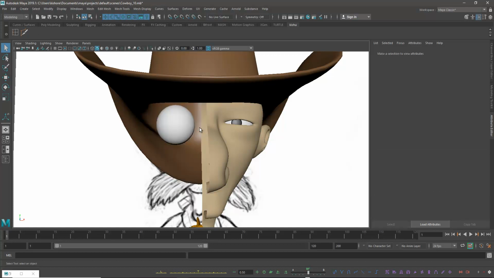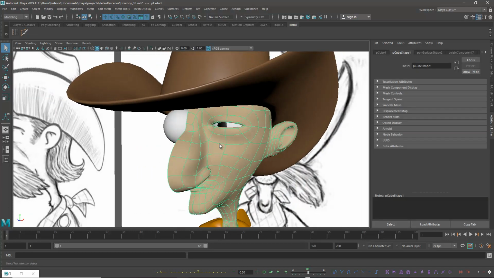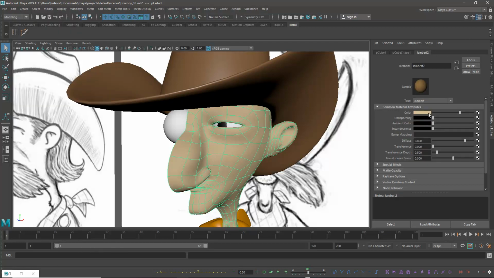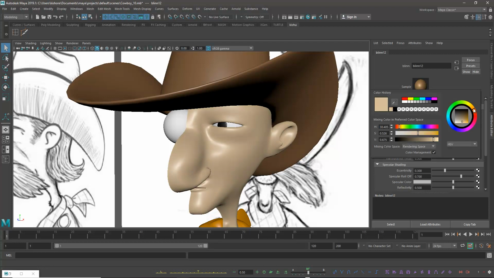I'm just deleting this, deleting the history, and converting the blend to be a little closer to skin color.